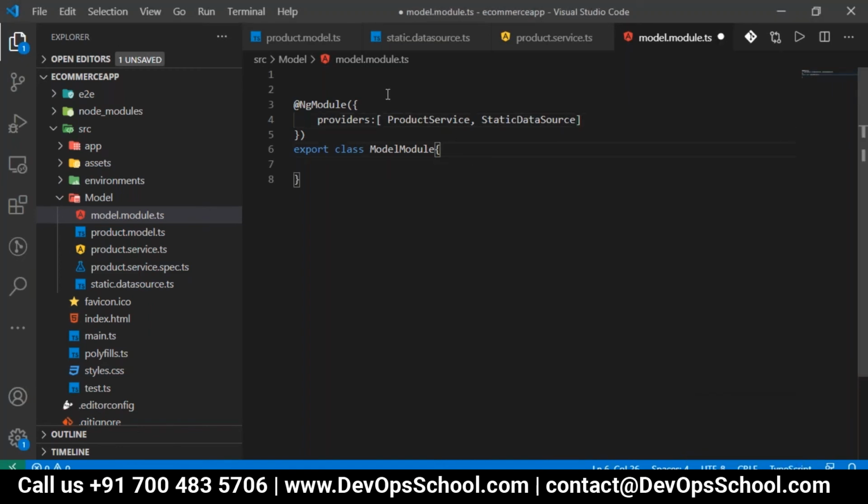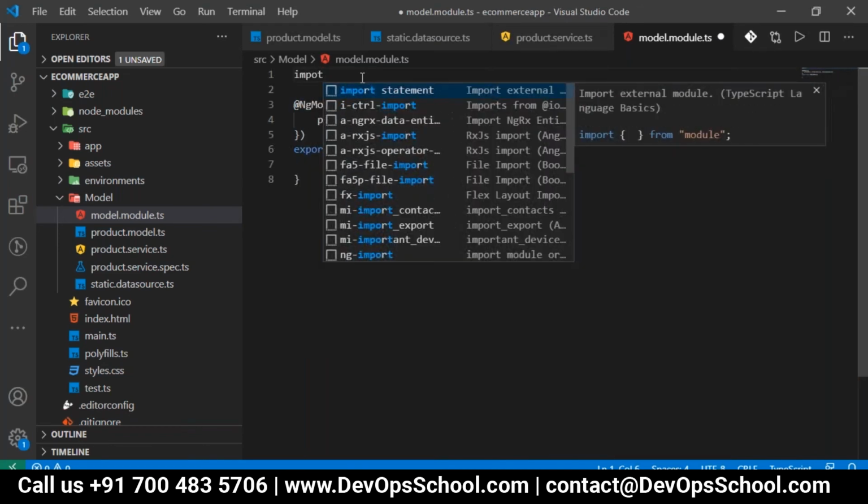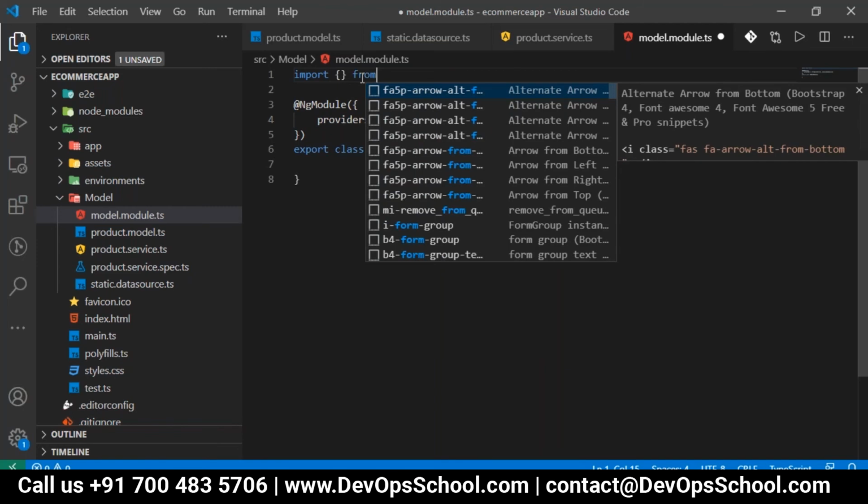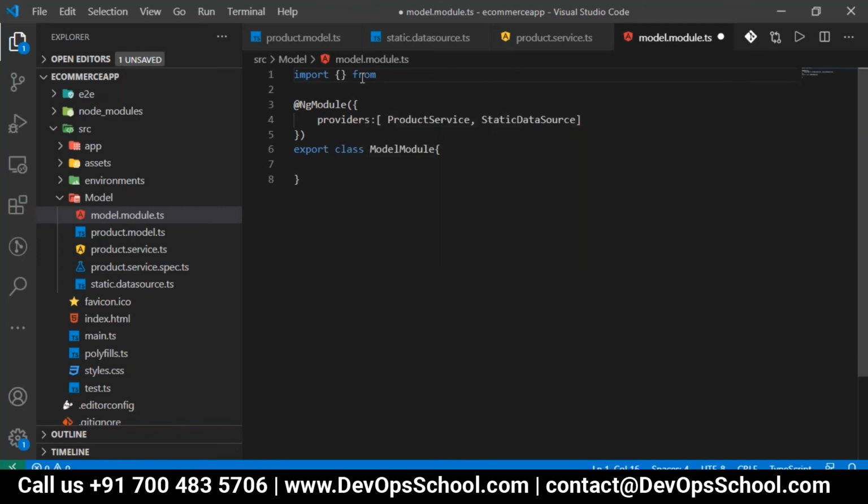Okay. So first I have to import all these classes which we have taken. First, NgModule should be imported. It is not inside src, that's why it is not inside the app, and that's why it is not showing any IntelliSense.